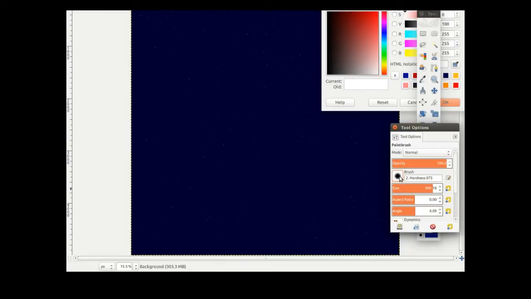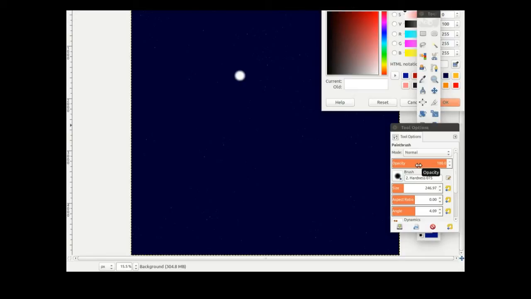Now we can actually control the hardness of the edge, but I don't want it that big. How big's the sun normally in the sky? It doesn't take up much more than about a 20th of the width, does it? Yeah, this is going to be the brightest object in our sky. I'm going to stick it somewhere about there. And there it is. And that's all we need to do, because Blender's going to make that shine so brightly